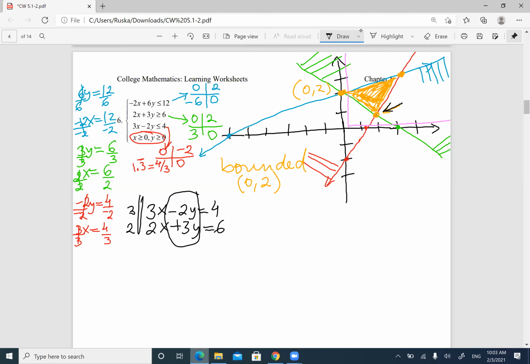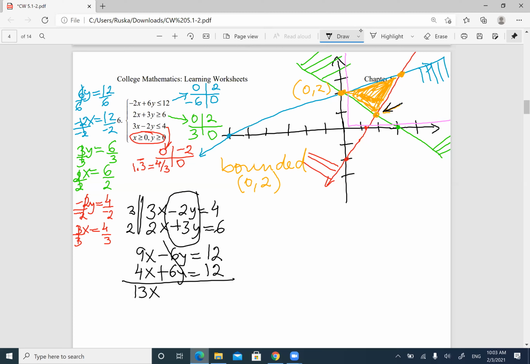So I'm multiplying 3 times 3, 9x, minus 3 times 2 is 6y, 3 times 4 is 12. Then I'm multiplying everything in the second equation by 2. 2 times 2 is 4x, plus 2 times 3 is 6y, 2 times 6 is 12. I'm going to add those, and that gives me